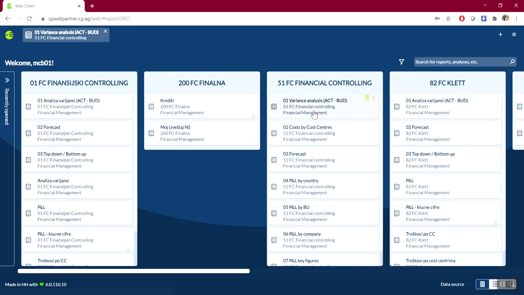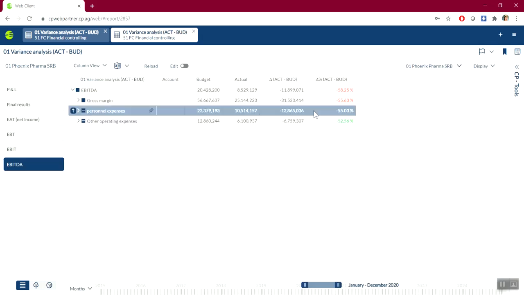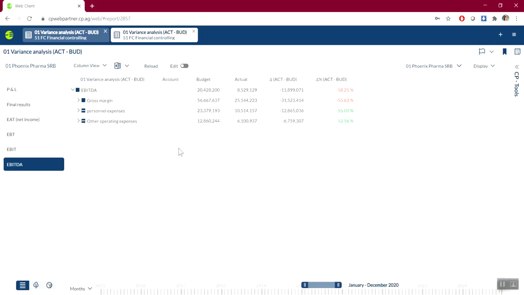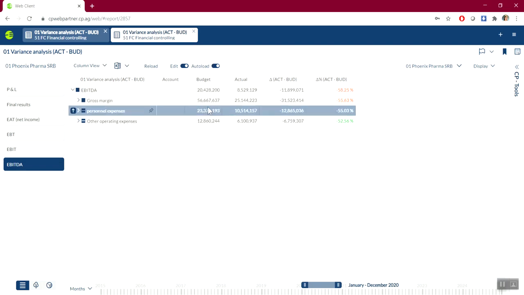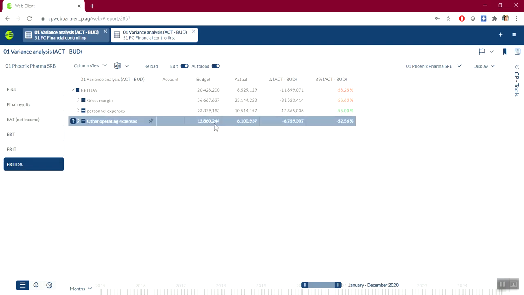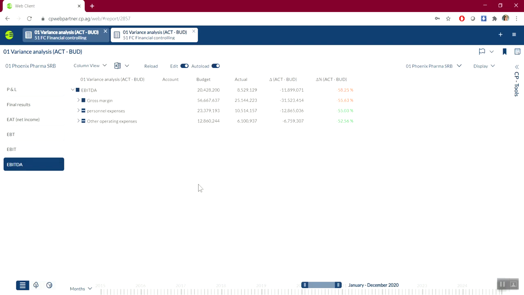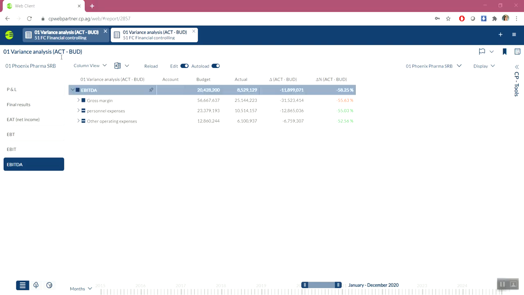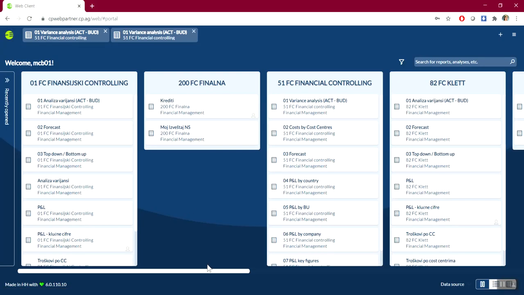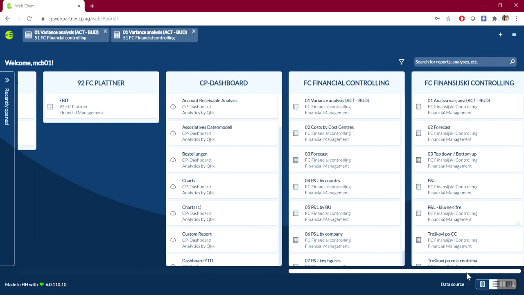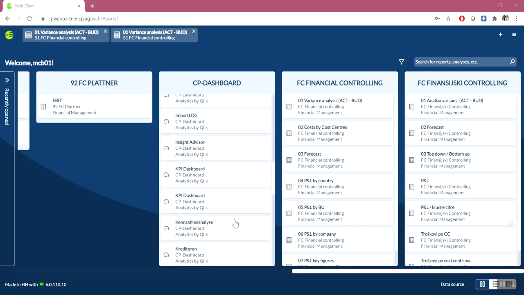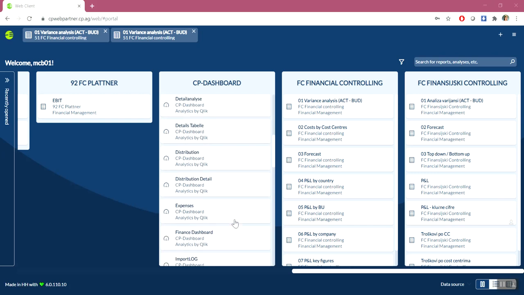So if I open one of the tables here, for instance this one, variance analysis, I can see the figures here, and I can also edit the figures here, enter new values, and use this web browser as a tool to access the corporate planner. As well as that, in the web client, I have one section where I have dashboards, of these dashboards that I have created,